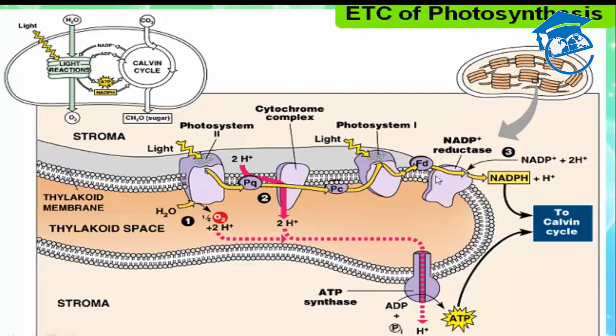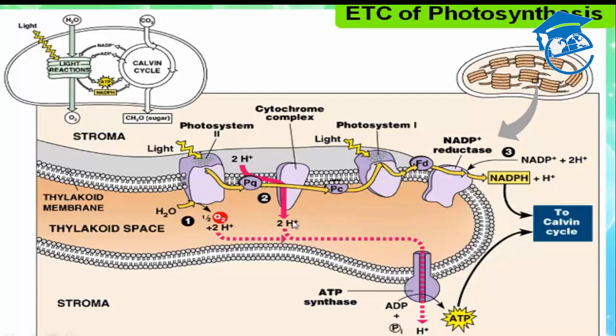This is the thylakoid zoom view. This is the thylakoid membrane where the light pigments are embedded. This is PS2, okay. So light is absorbed in the pigment center, then this is the first step, that water is splitting, it releases O2. This is the first step, students. Then the second step is that the electron gets transferred to a primary acceptor, which is PQ, that is plastoquinone, and